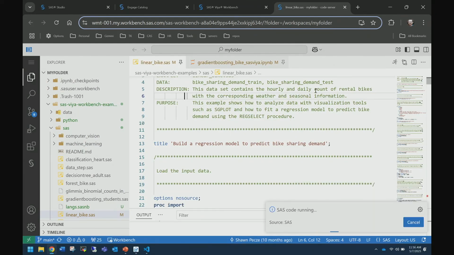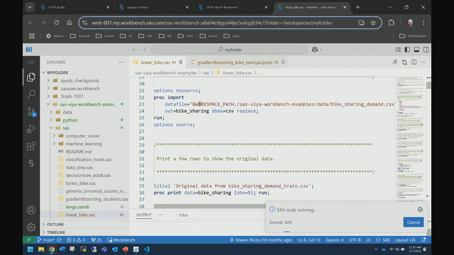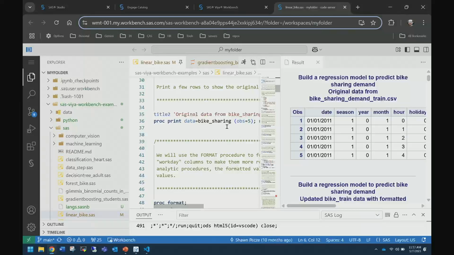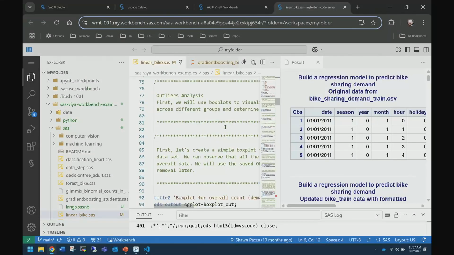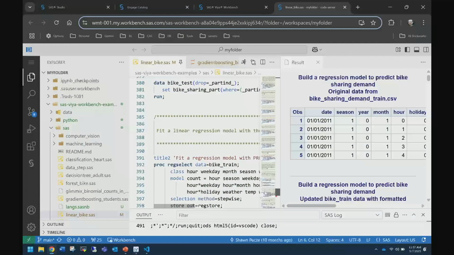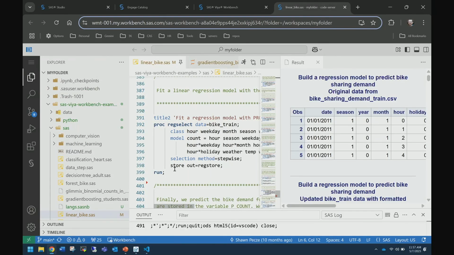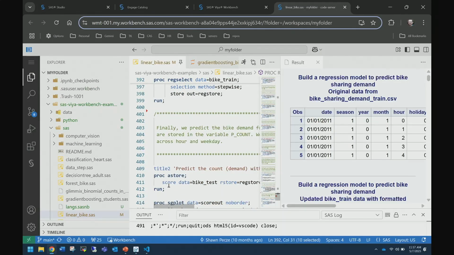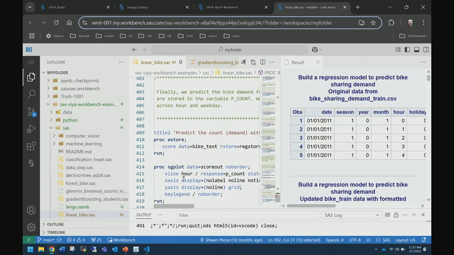Here we have a SAS program of it, and it's just doing things you might be very familiar with, procs and formats, and it's printing out various things. But what we're interested in for this demo is if we scroll down to the bottom, it's doing a proc reg select, so a linear regression similar to what I just showed running in VIA, but here I'm just running against a local data set. So this is a SAS data set, but it could be a Parquet data set. It could even be an external database or whatnot. And then it runs a score of that and runs a plot.